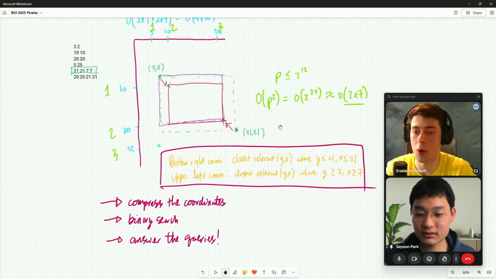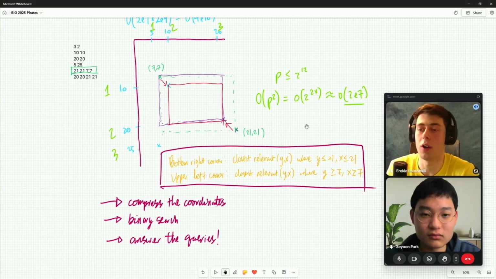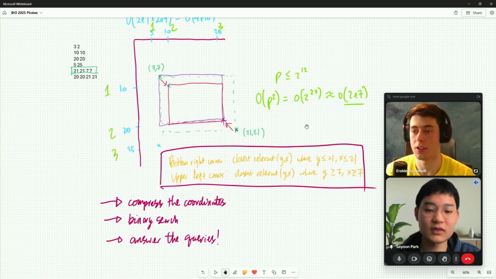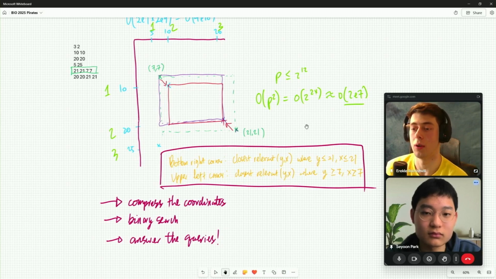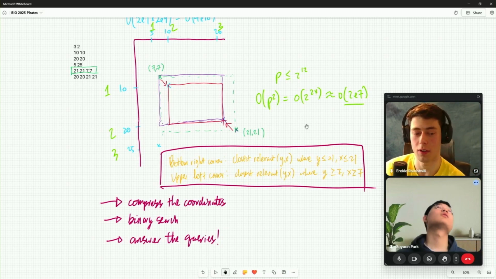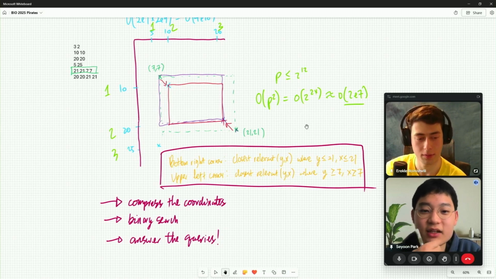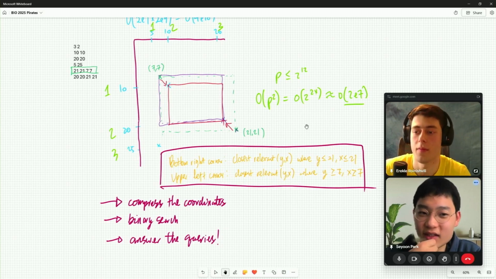Sure, yeah. Before you do, one of the other ways you could get around the fact that the rectangles themselves are not in the compressed coordinates, so you have to do this search, is you could also put the rectangles' coordinates in the coordinates to be compressed, and count them as relevant coordinates too. Although I haven't tried that for this problem, and the number of points here is quite high, so I'm not actually sure whether. Oh wait, so the number of rectangles here is massive, isn't it? Yeah, there are so many queries that if you compress every single one of them, it doesn't work, I don't think. Yeah, that's why I tried it initially.